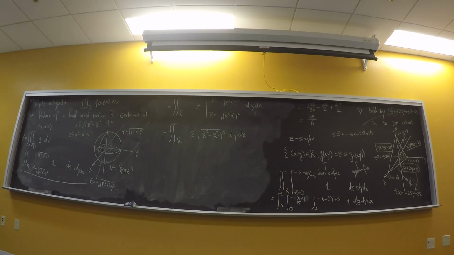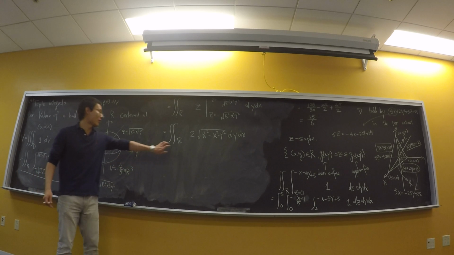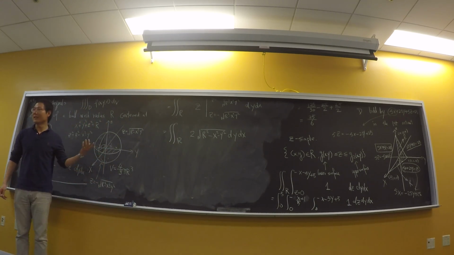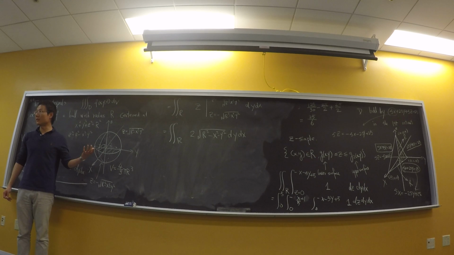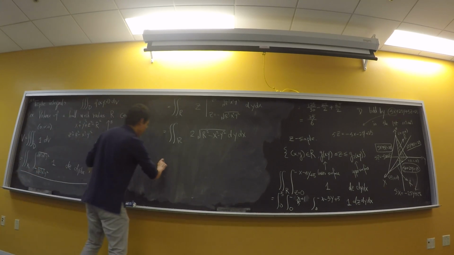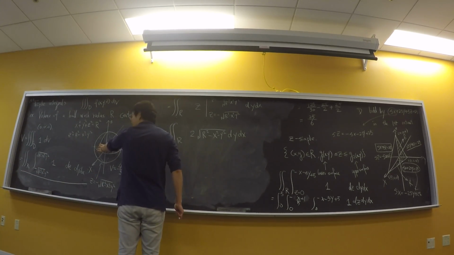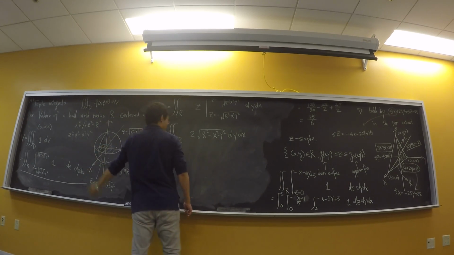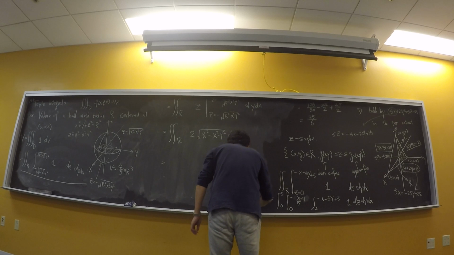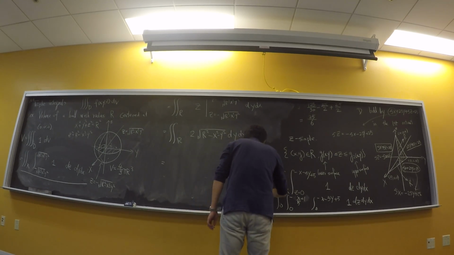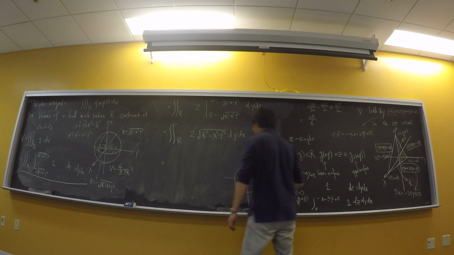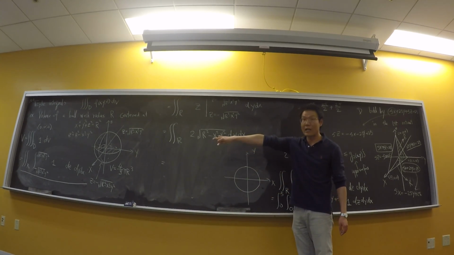So we need our skill for evaluating double integrals. This R is a disk sitting on the xy plane, and we discussed this before. For a disk on the xy plane, we can indeed identify it as x simple. We can also identify it as y simple. I want to quickly write down what it is. If you do not feel very comfortable about this disk sitting on the xy plane, you can indeed pull it out and single out this region on the xy plane as something on the xy plane. So this is indeed what you have on the xy plane. So if you're not used to looking at that disk in a 3-dimensional space, you just simply